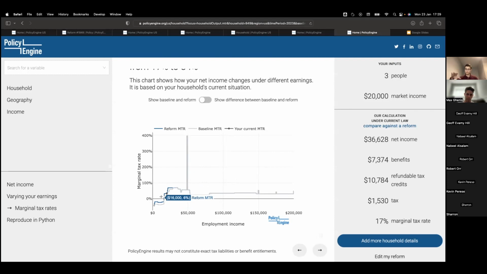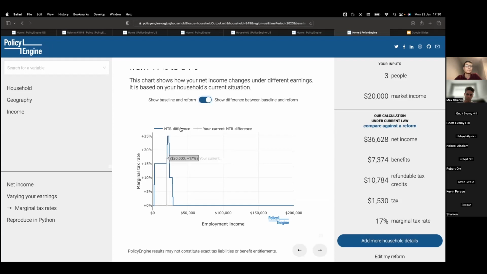And so if you cut out that phase in, then you're going to decrease work incentives in that way. And like the other chart, we can only show the difference in order to figure out exactly where the marginal tax rate increases are. So 15% here, 25% here. It's not going to be constant because you've got plenty of other programs that also happen at the same time and make things quite complex. But that's the general direction of the MTR changes.